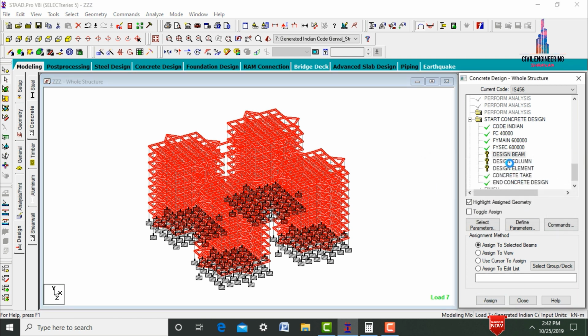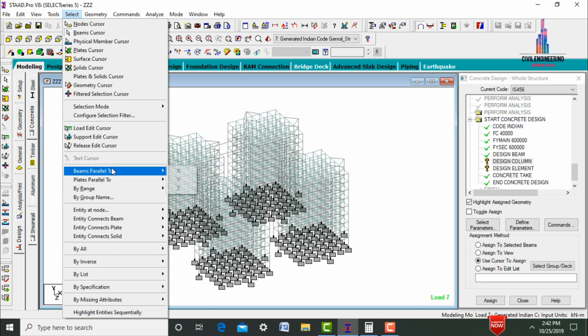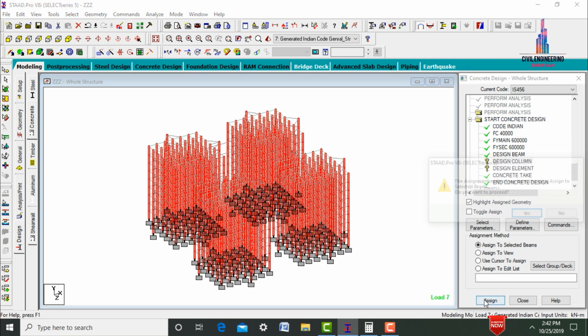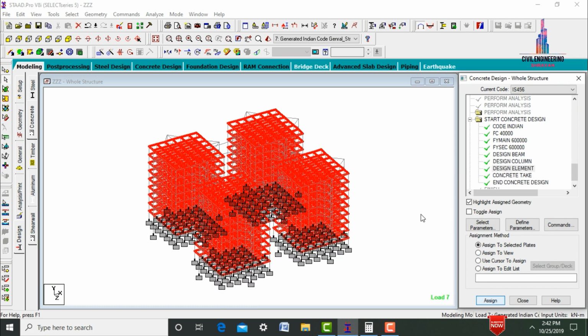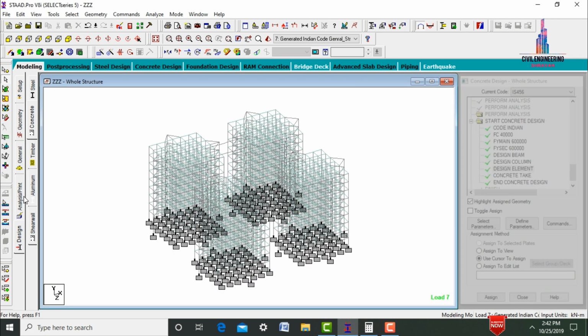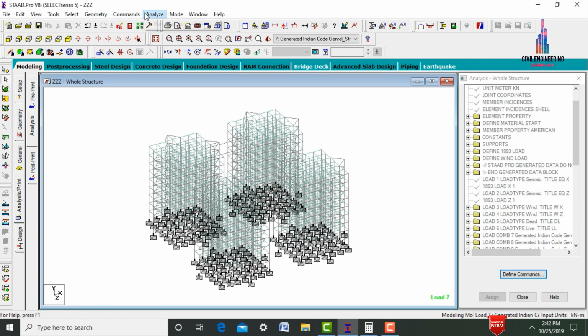So after that select the column command here. So after that select the design column command, go to select option, beams parallel to y direction, click on assign to selected beams, assign, yes. So after that select design element, assign to view, assign, yes. So after that go to analysis and print option, add your no print option, close option, go to analyze option,